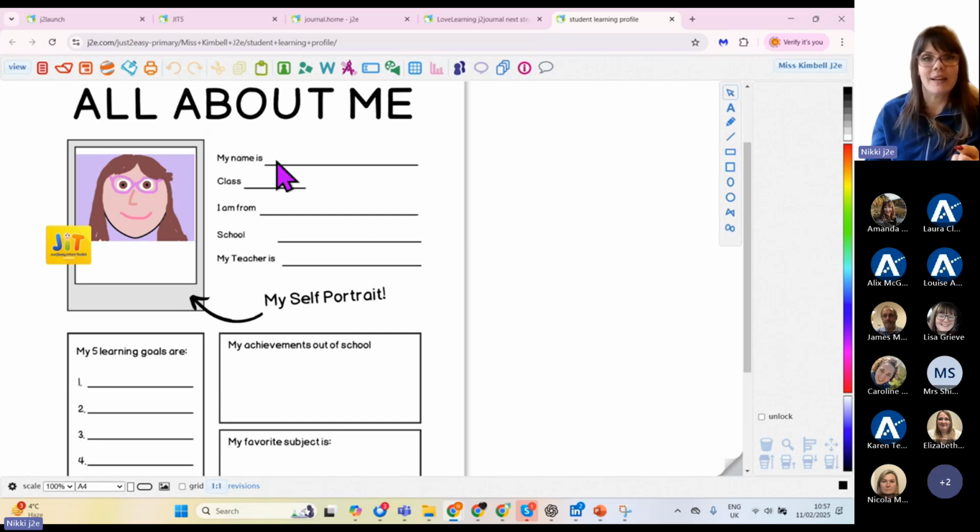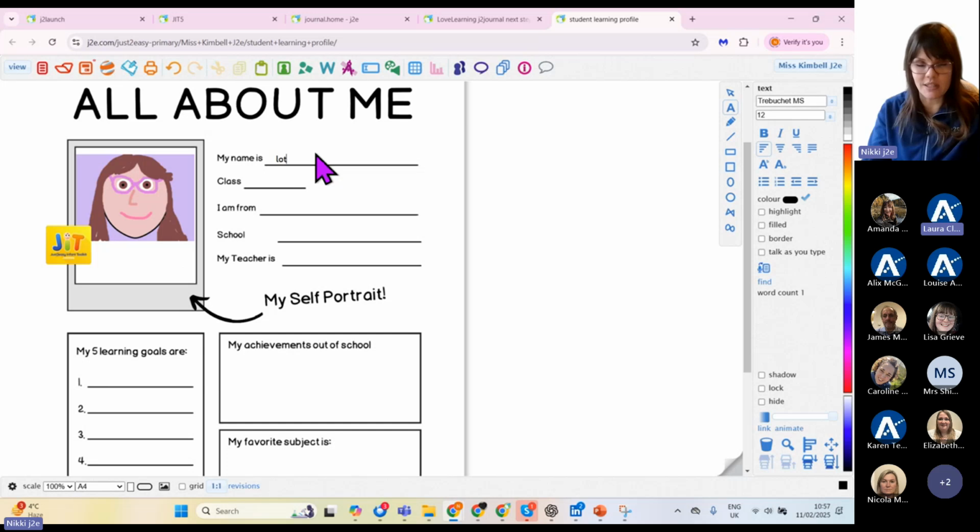self-portrait there. I can click here. So I'm going to do this on Lottie's behalf. No, actually, I'm going to do it on my behalf. I'm not going to subject her to that. So I'm going to say class 1. So this is fully editable, as you can see. So I'm going to have